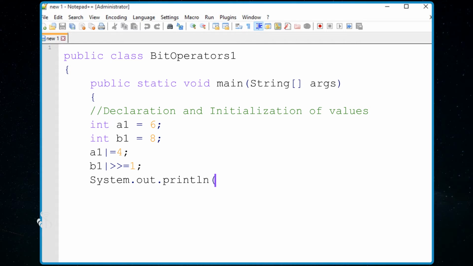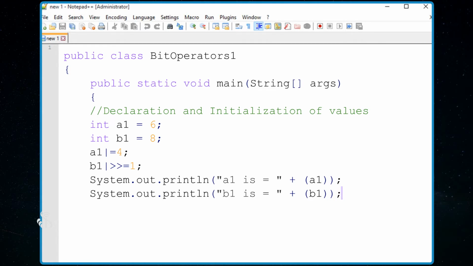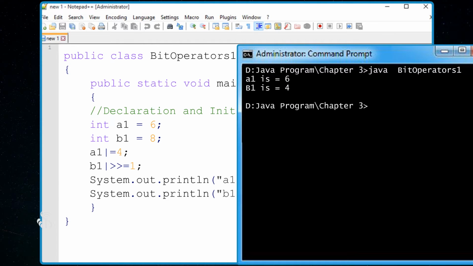system.out.println, open bracket, open double inverted commas, a1 is equal to, close double inverted commas plus open bracket, a1, close bracket, semicolon, system.out.println, open bracket, open double inverted commas, b1 is equal to, close double inverted commas plus open bracket, b1, close bracket, semicolon, close curly bracket, and the output is